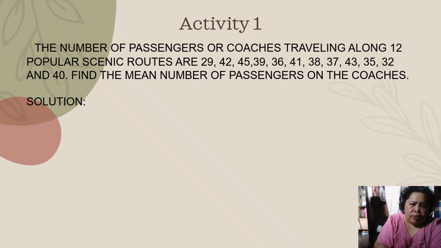Now, let's have this. As given, the number of passengers on coaches traveling along 12 popular scenic routes are 29, 42, 45, 39, 36, 31, 38, 37, 43, 35, 32, and 40. Find the mean number of passengers on the coaches. So all you have to do is add. To get the mean, we have to